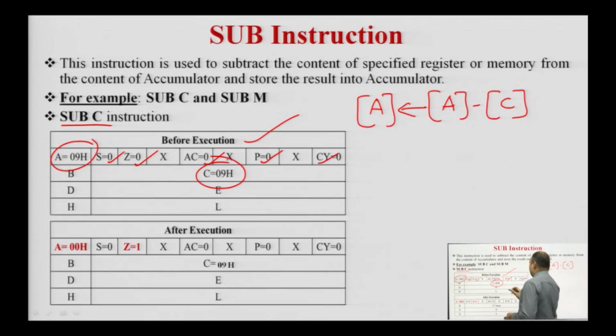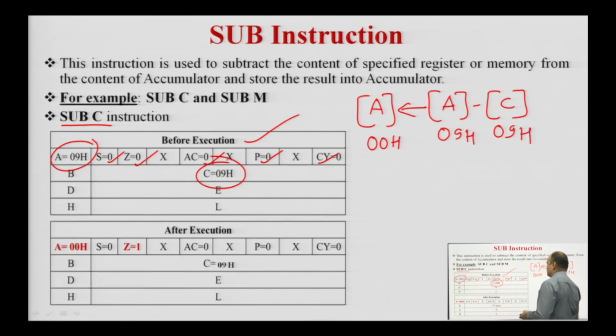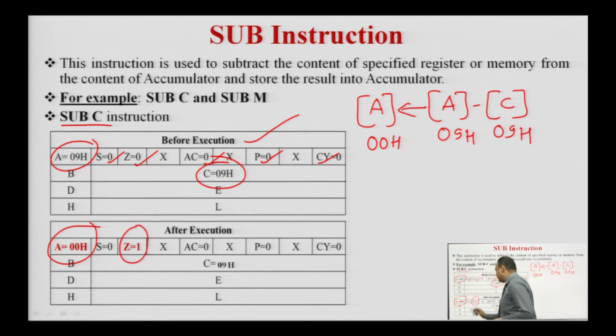So, the content of the C register is 09 and the content of the accumulator is again 09. If we subtract these two numbers which are the same, the result becomes 00H, which is stored into the accumulator. So, after the execution of this instruction, the accumulator is equal to 00H. Since the result of the operation is 00H, the zero flag is set to 1 to reflect the result of the operation,